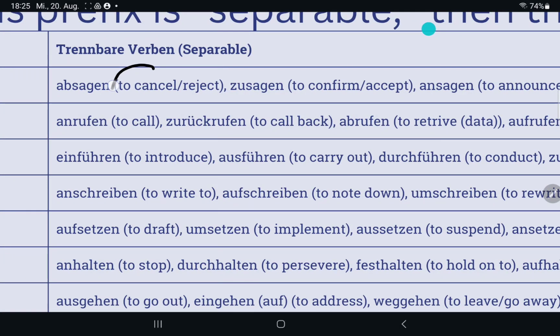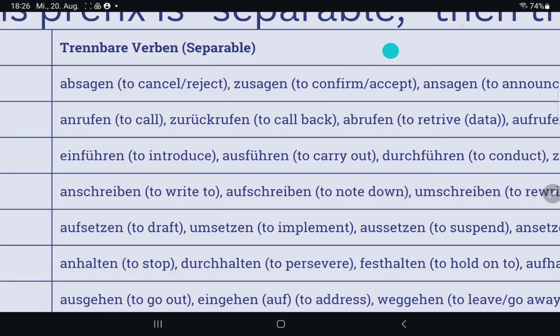Please understand, one verb can have many meanings. One word can have many meanings. I hope you get it. The meaning that we have given is the common meaning, but absagen may mean something else. I don't know, but normally when I use the verb absagen, I mean to cancel or reject. If you have your calendar, if you have your Outlook,